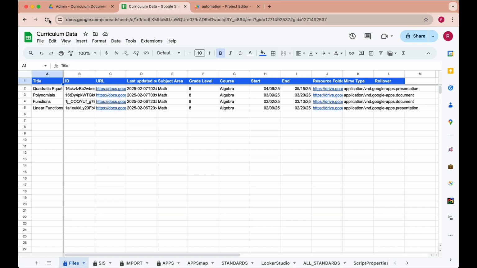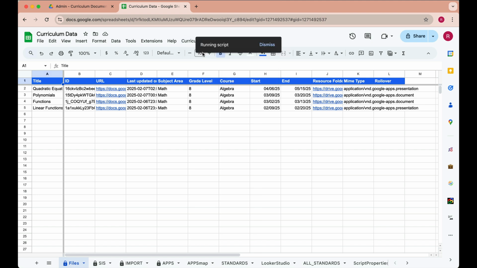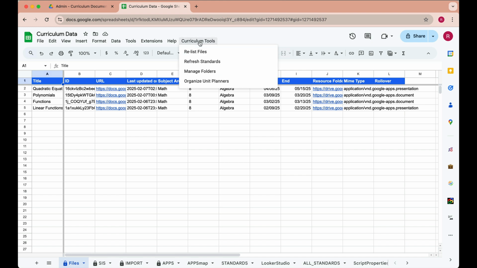And if I just give this sheet a refresh, we will now notice that we have a custom menu that we can now work with instead of going through the script editor. So let me just refresh the files one more time. And you can see that happens very quickly. So we've got 4 unit planners in our curriculum. So the next thing I'd like to do is